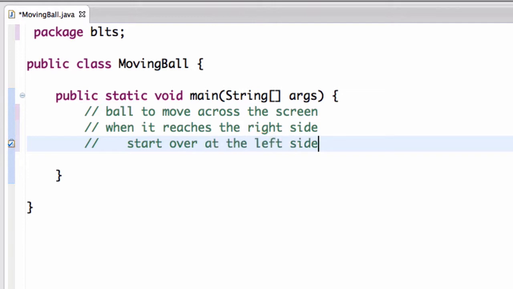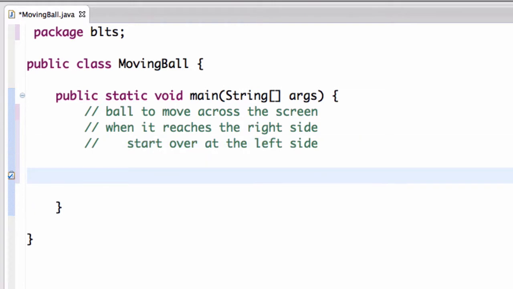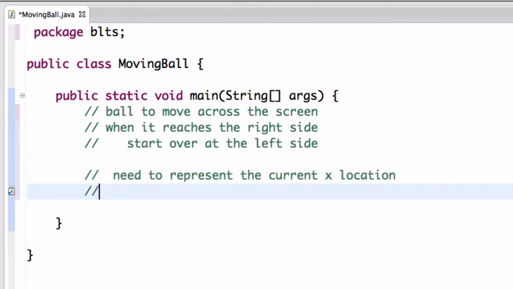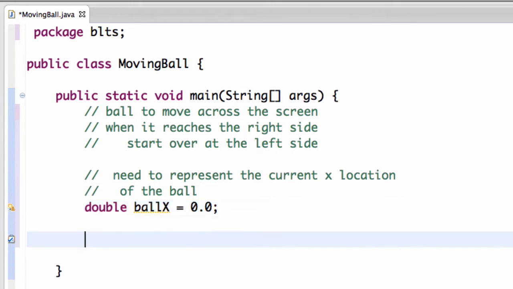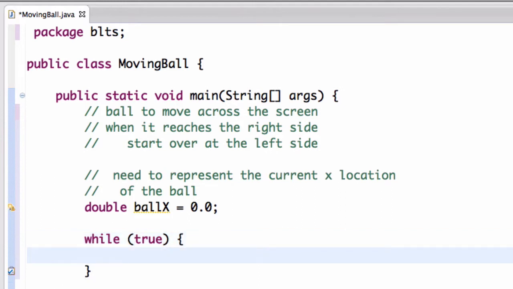So let's first think about how we would write such a program even without animation. We need something to represent the current x location of the ball. So let's say that's ball x, and it's initially 0. And in our loop, we want this to go on forever. So what I would think about doing is incrementing ball x by some amount,